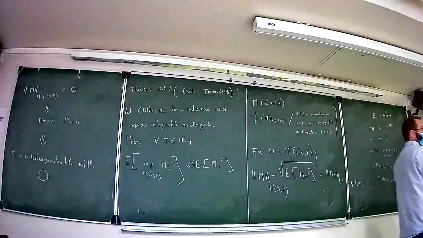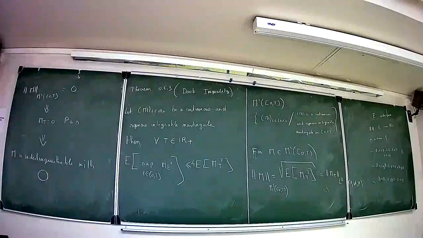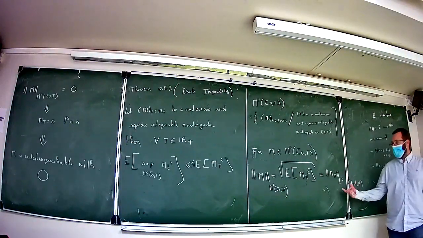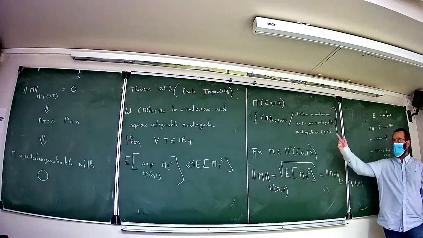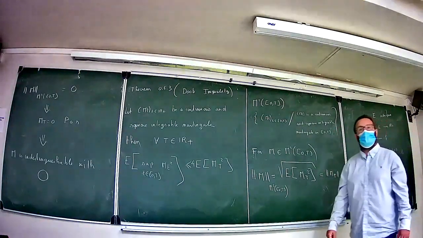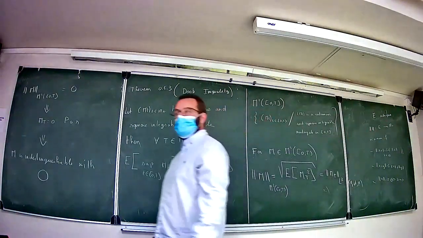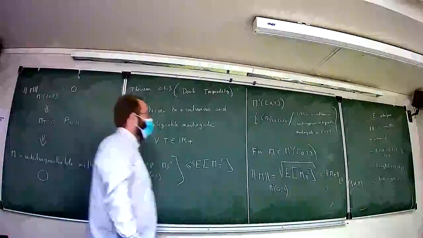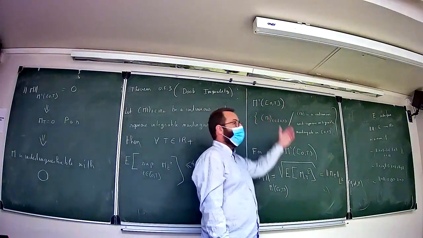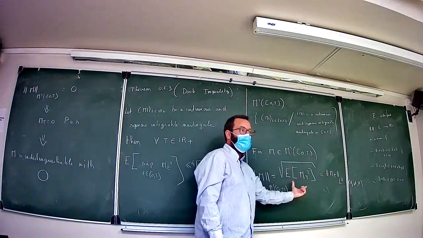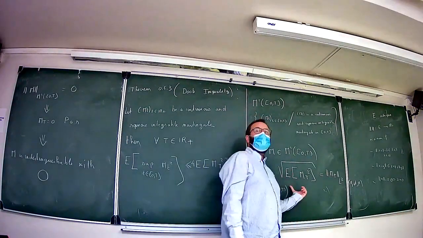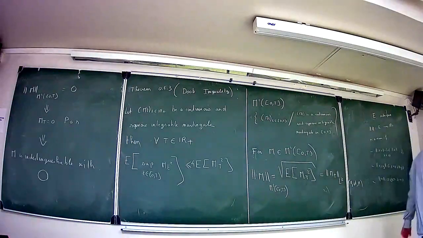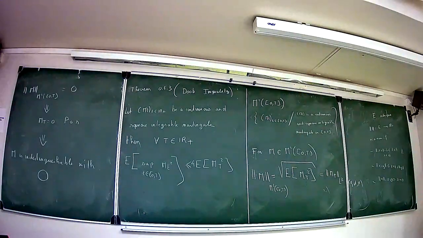So the double inequality here will be only used in this course in order to justify that defining something this way is a norm on the set of continuous and square integrable martingales. And from now on, when we work with continuous and square integrable martingales, we are going to work with this norm. Something that won't be that complicated to do: just the square root of the expectation of the square of the final value.